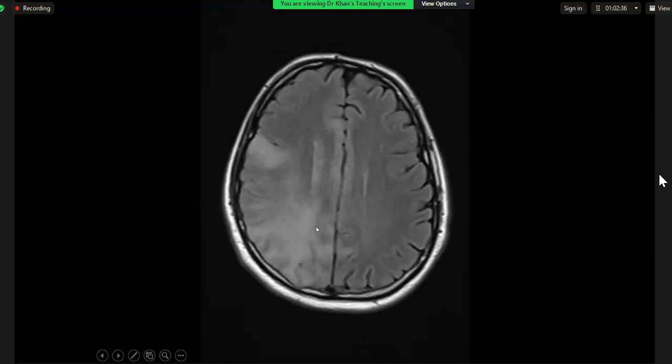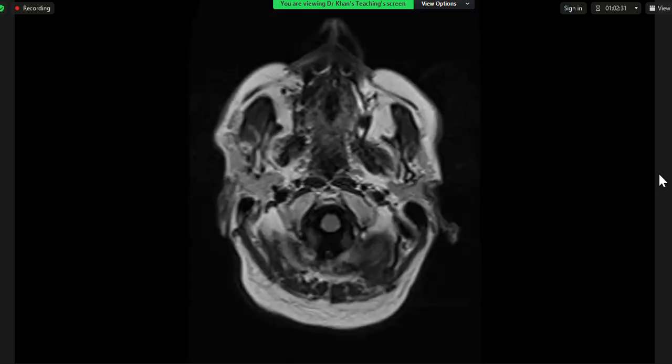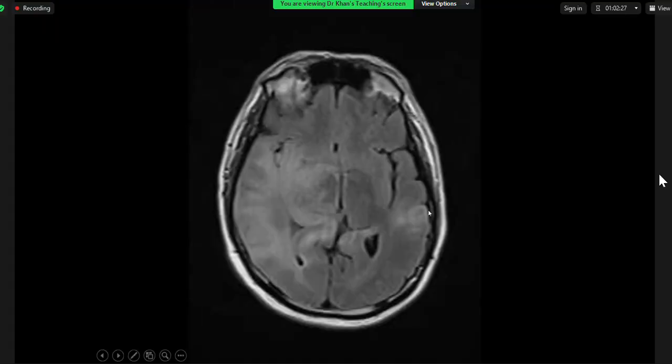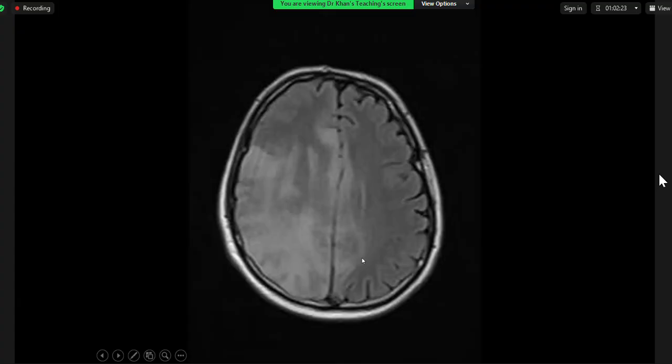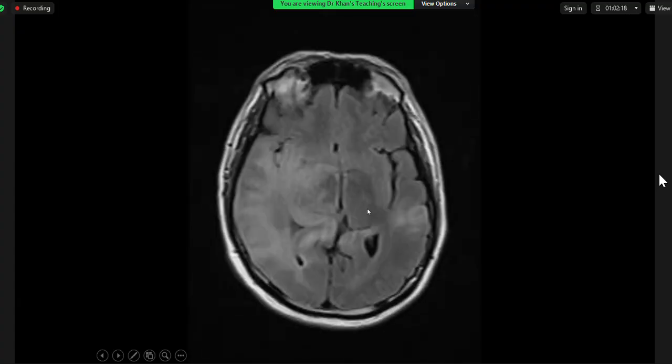And by the way, at this stage, it did not enhance. Please remember, after 13 weeks, there was a new focus here. And of course, there is a midline shift, and you can see now infiltration to the parietal and the frontal lobe, and